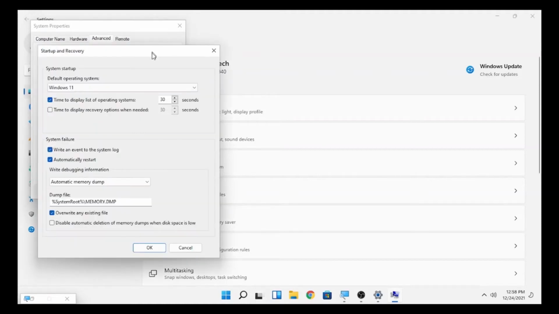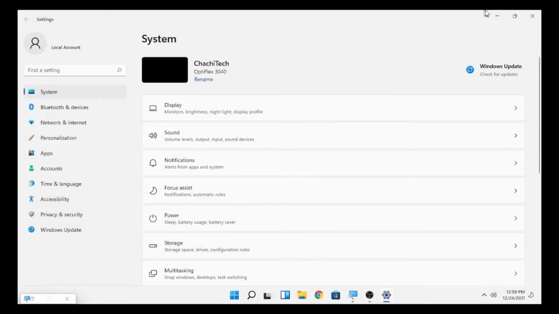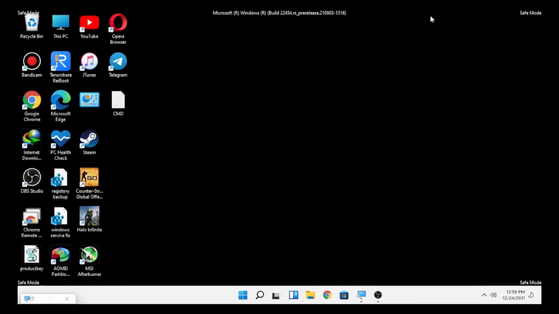So after you open the setting, here you find automatically restart. So on a system failure, your computer will automatically restart. We are seeing some of the problems related with heating issues or some failures. When they appear, it will automatically restart. So we will uncheck this automatically restart. So uncheck or disable this automatic restart and select OK and close this, and close this one again. So we did disabling the automatic restart feature.